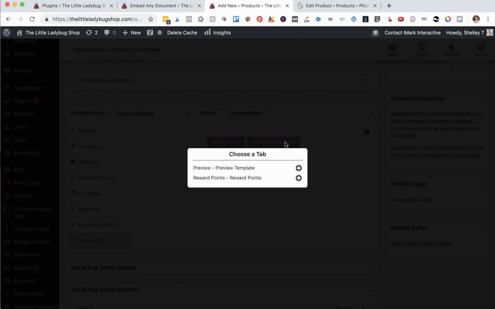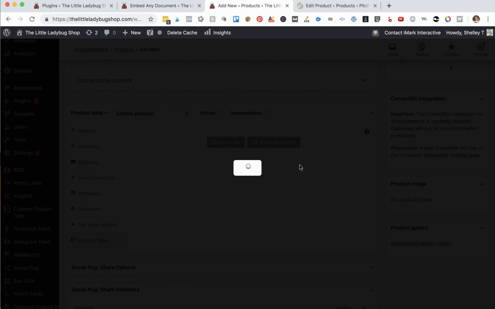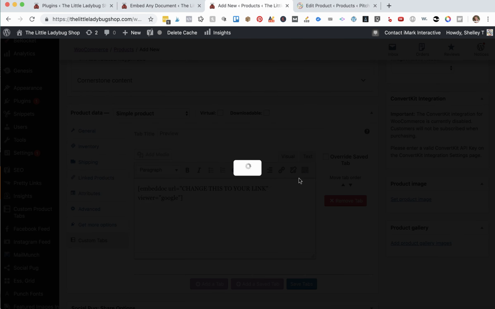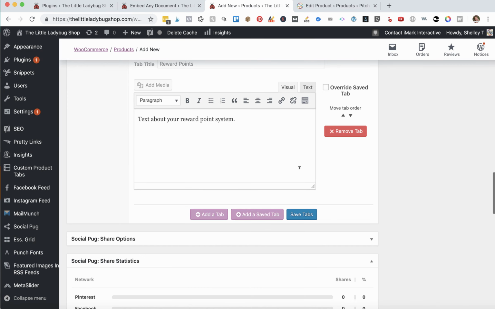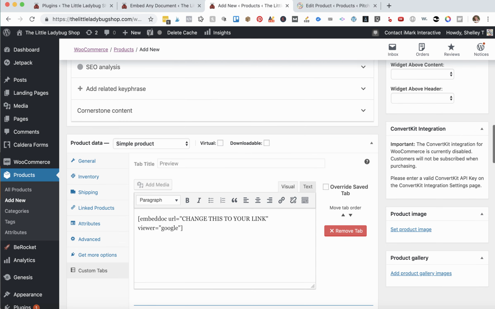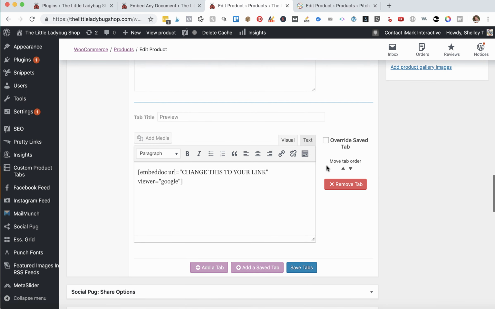So I'm going to click Add a Saved Tab, and I'm going to add both of these tabs that I've already set up as templates. Then I'm going to scroll down and I'm going to go ahead and add a third tab. Let's just say I had something that was just specific to this product. So I'm just calling it single tab. So, it's just a sample for this one product. And then